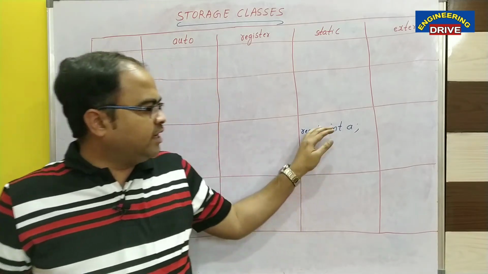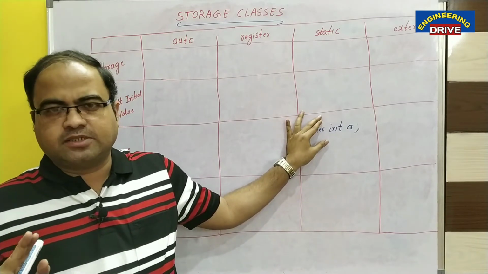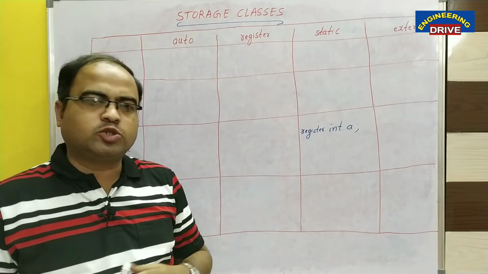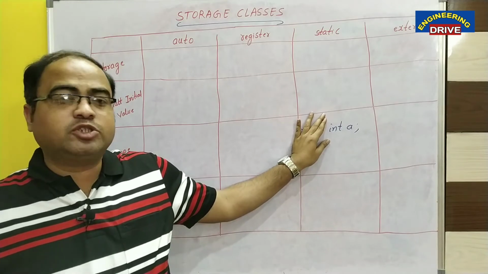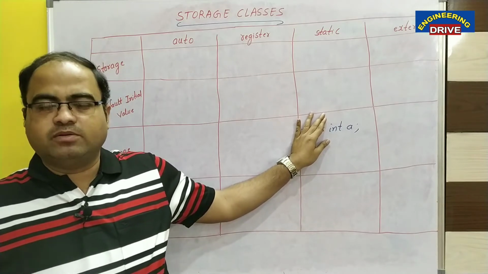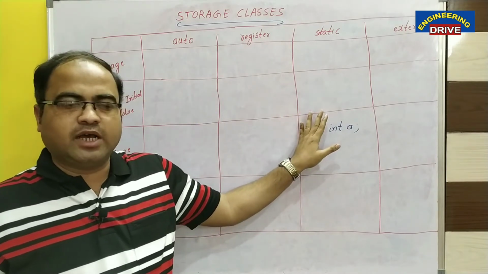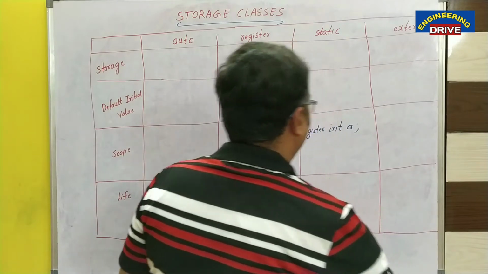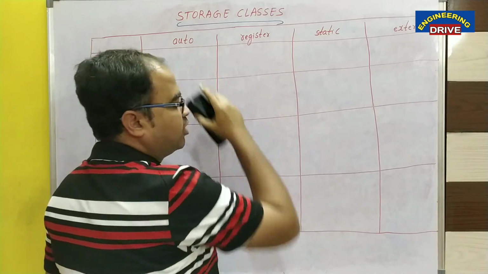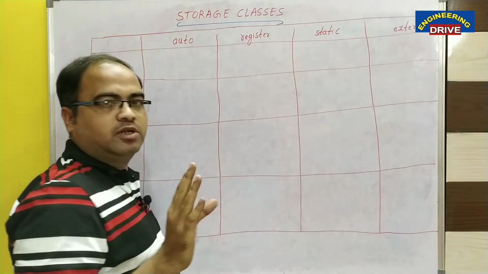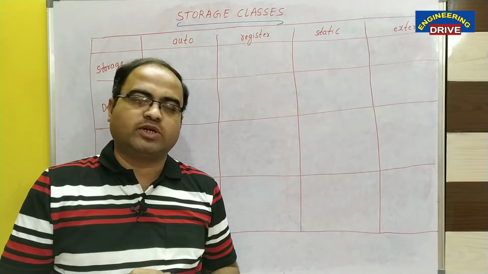Now one question. Sir, if we don't use any storage class, suppose till now we have not used any storage class in our C programs, then by default the variable A comes under which storage class? The variables will by default be in the auto storage class only. If you don't write any storage class, by default they come under the automatic storage class. So usage of the auto storage class is optional. Even if you miss it, the computer will automatically take it as the auto storage class.